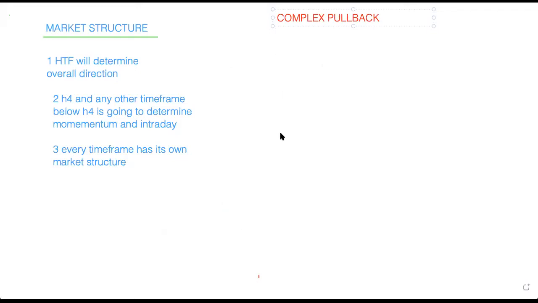Right. What is a complex pullback? A complex pullback is the one that gives us a lower high. Let's do it like this. It's the one that gives us a lower high, right? It gives us a lower low,